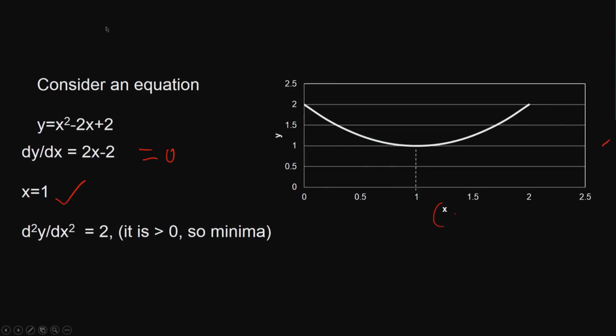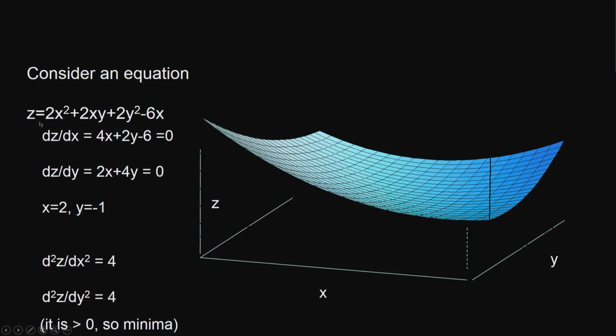okay. Let us look at this is a one independent variable problem. Let us look at two independent variable problems, x and y, and z is your dependent variable, okay. So here how do I find x and y? I need to partially differentiate the z function with respect to x and with respect to y, and then equate it to 0. So if you take dz by dx, okay, partial differential, actually I should not put a dz by dx, I should actually put it like dou z by dou x, and here it should be dou z by dou y,